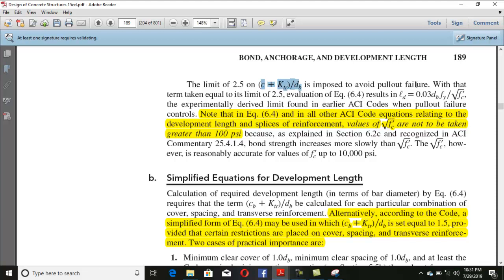Look, I already mentioned that you have to select this value equal to 2.5. With that term taken equal to its limit 2.5, evaluation results in ld equals 0.03 db fy over square root of fc'. The experimentally derived limit found in earlier codes when pull-out failure controls. Note that in all other ACI code equations relating to the development and the splices of reinforcement, square root of fc' is not to be greater than 100 psi. This is another restriction, because as I explained